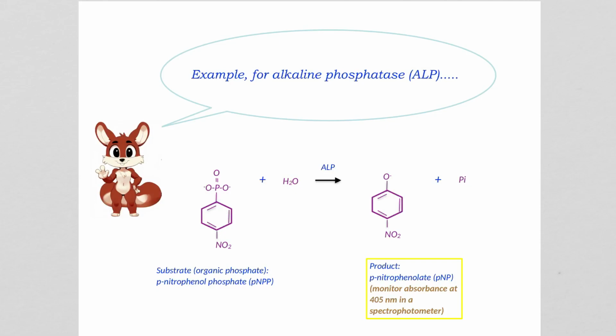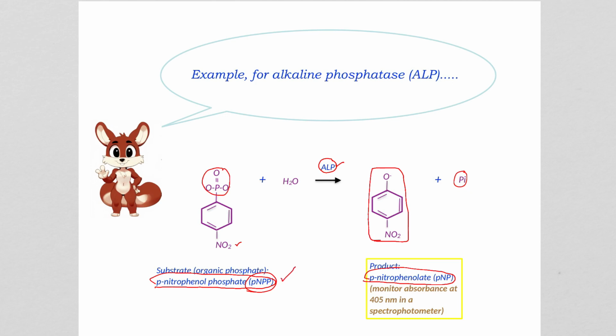We can conveniently measure the initial velocity for alkaline phosphatase if we use para-nitrophenyl phosphate, or PNPP, this compound here, as the organic phosphate substrate. In the presence of the enzyme alkaline phosphatase, this phosphate group is removed as a product, and the other product that we get is this one here that we call para-nitrophenolate or PNP. So PNPP is the substrate,